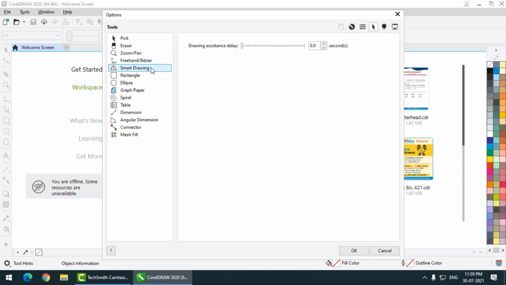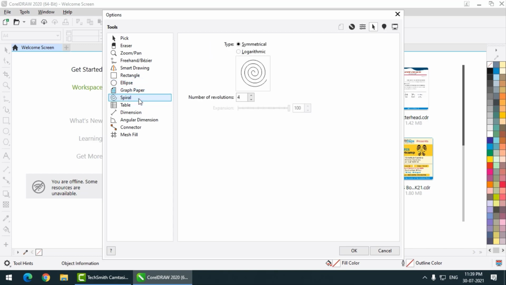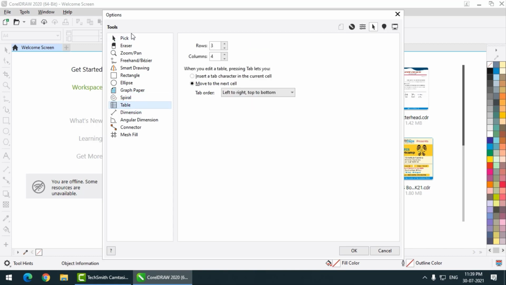But remember, only change it if you are 100% sure that you want to change it. Otherwise, keep the values as they are, the default values. But if you are sure about what you want to do, you can simply change the values by using this Tools option.